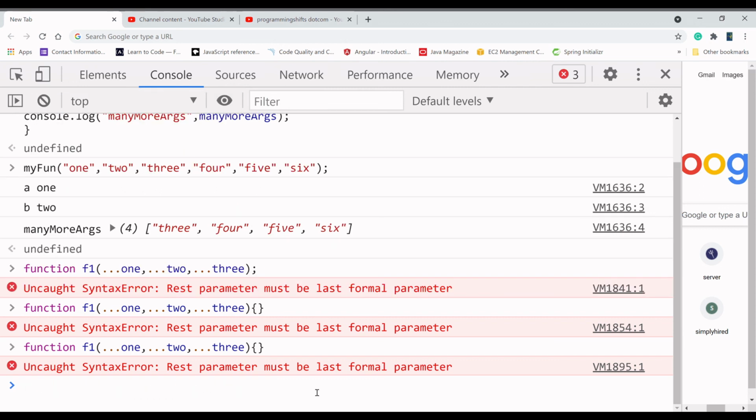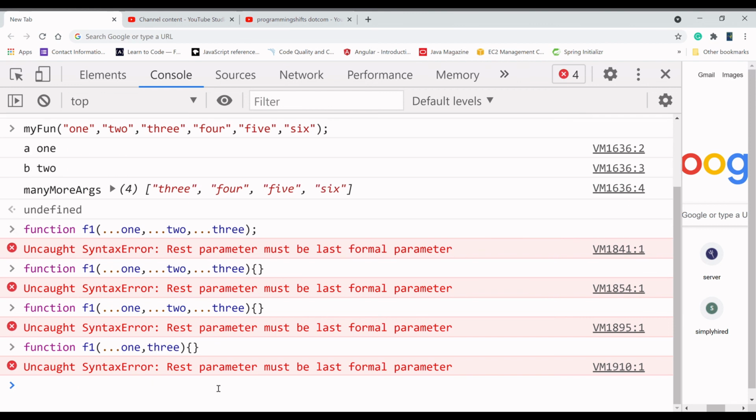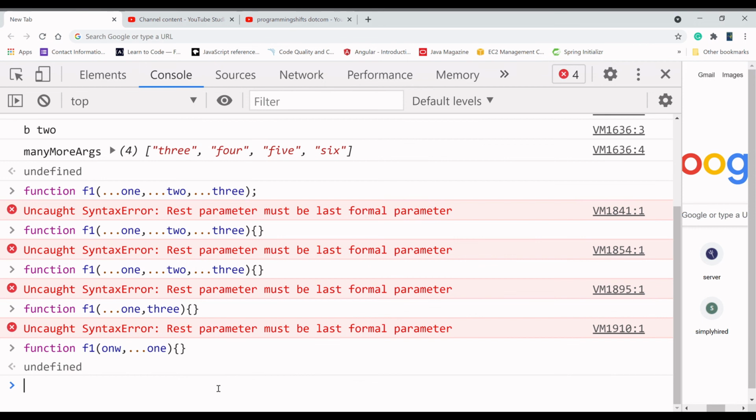Either you can write it like this, or you can provide the elements like this. The rest parameter can only come last. You cannot use it before other elements; it can only be the last parameter, okay?